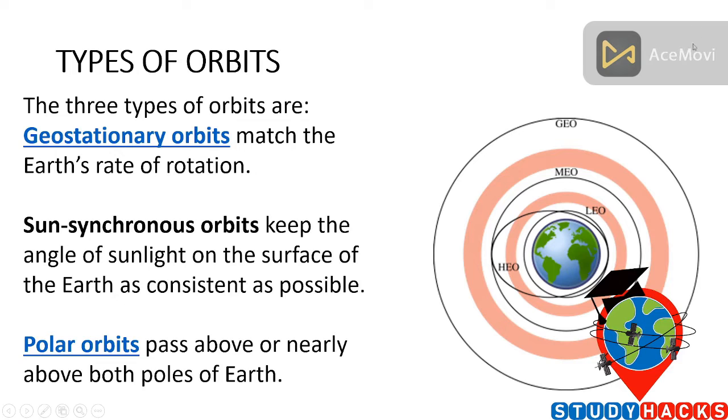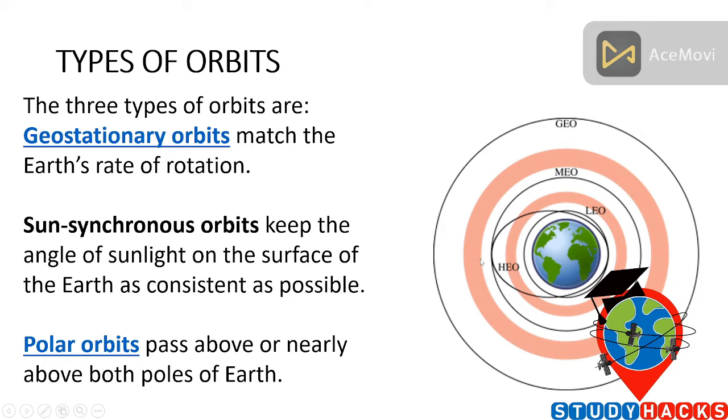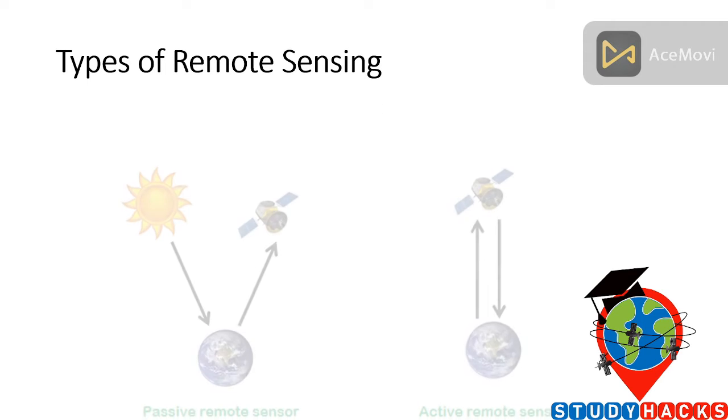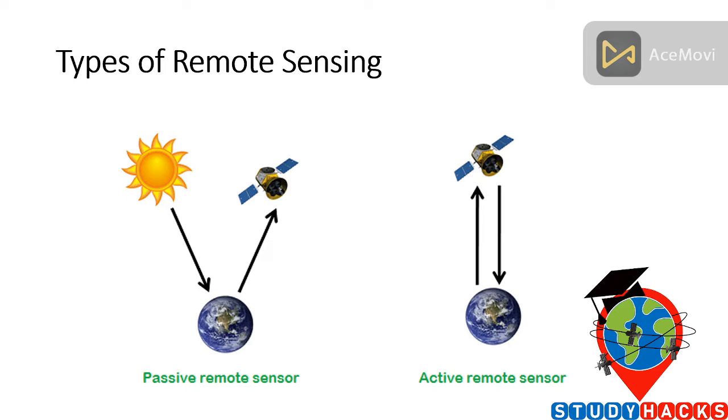Suppose geostationary orbit. Mainly the satellite imagery runs from this orbit, and when the distance is far from the orbit, it takes more time. Okay, it takes more time. Suppose it takes less time for an orbit around the whole world. Also we can get low Earth orbit stations and high Earth orbit stations from here. So this time, types of remote sensing, we can get 2 types of remote sensing. One is passive remote sensing, and